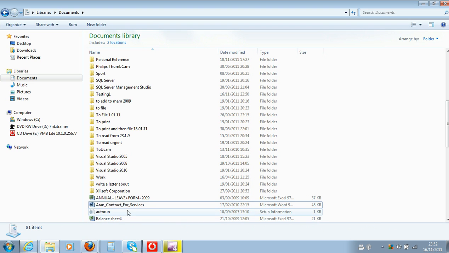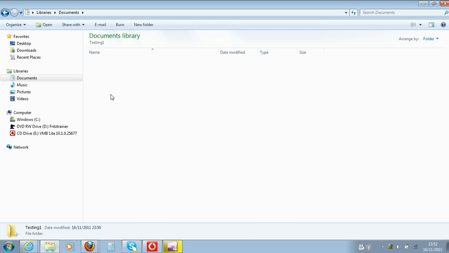It's disappeared from here, so let's see what's happened when we go inside, and there it is. It has appeared in here. It's been moved from